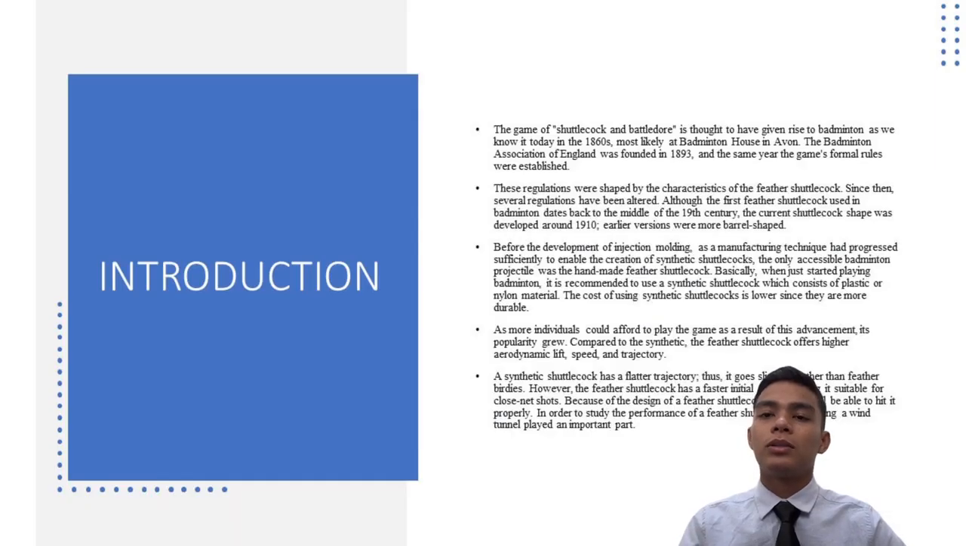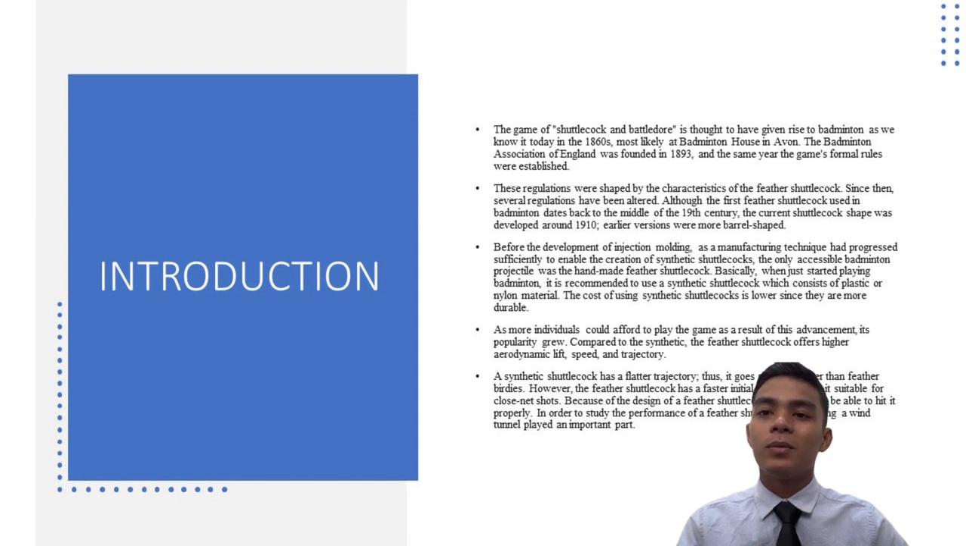So for the introduction part, the game of shuttlecock and battledore is thought to have given rise to badminton as we know it today in the 1860s, most likely at Badminton House in Avon. The Badminton Association of England was founded in 1863, and the same year the game's formal rules were established. These regulations were shaped by the characteristics of the feathers